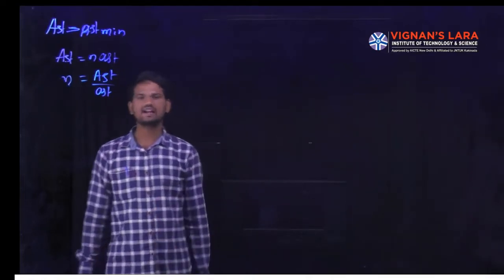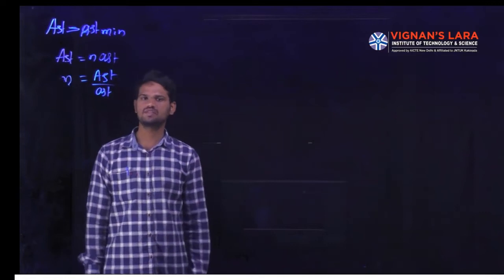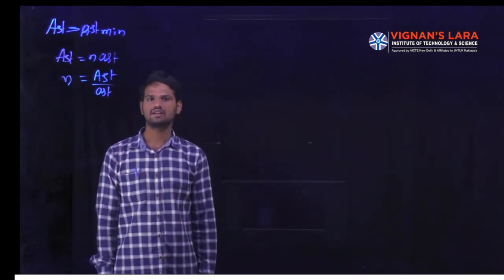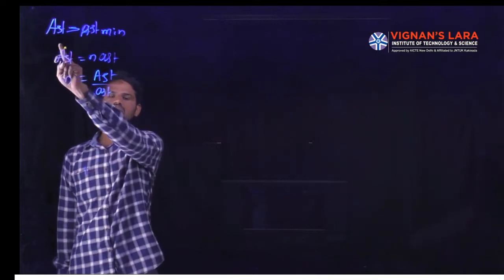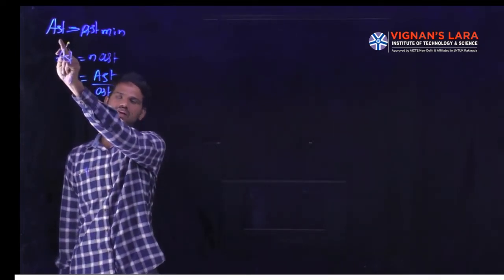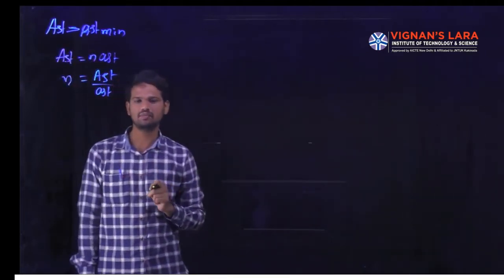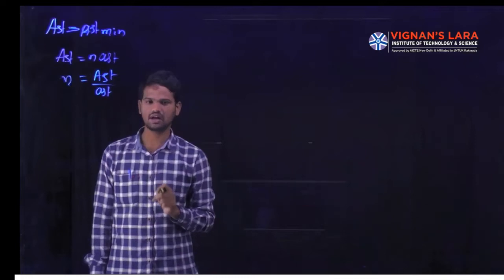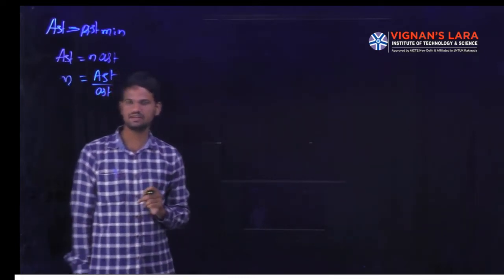Now we will calculate the number of bars. How many bars will be required for the area of the reinforcement? Always you have to check that the area of the steel required or area of the steel provided should always be greater than the minimum area of the steel reinforcement, according to code IS 456, page number 47.